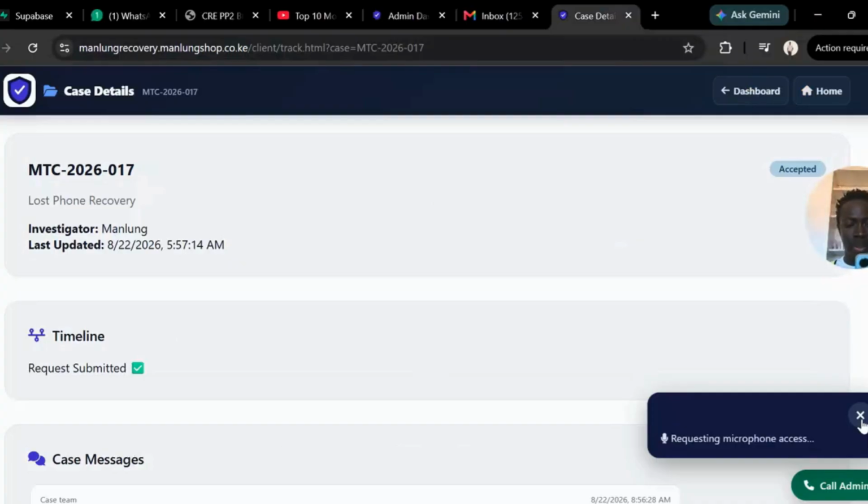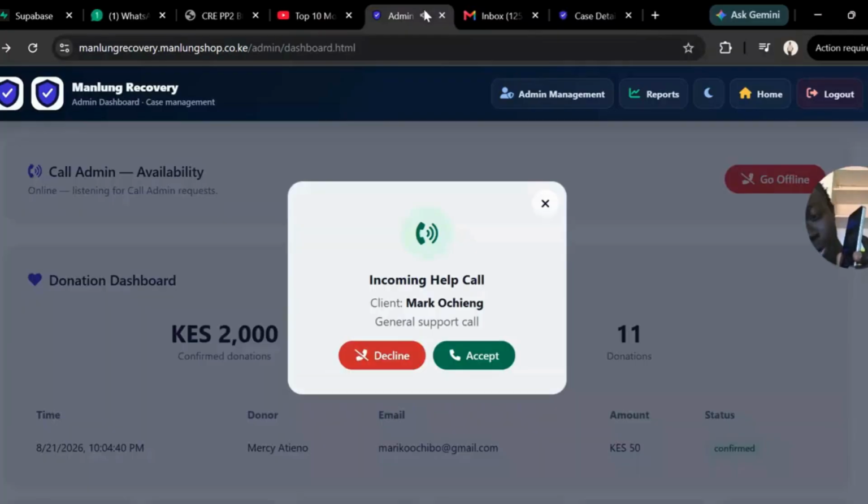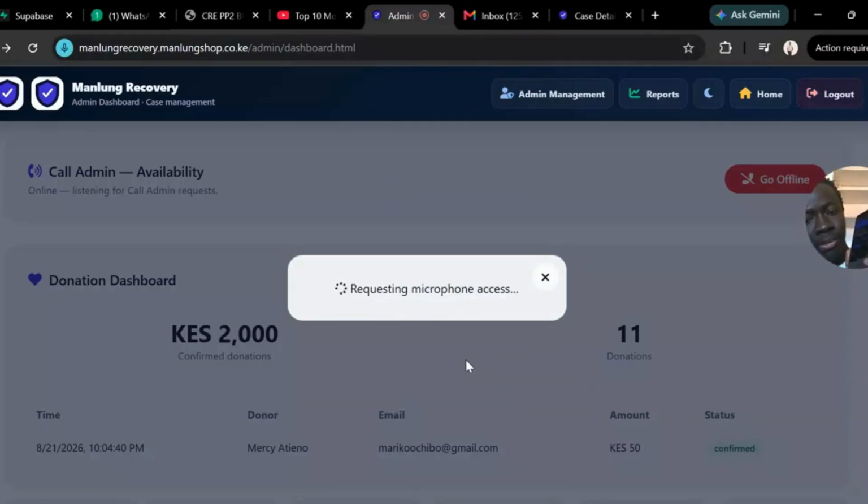Let's try with the phone and call an available admin. I have an app for Manlung Recovery. Just a minute. Once it opens, I simply call the portal and any available admins. Let me say we have a section for 10 admins. This is the call session. Now let me click call. It's checking for available admins, then connecting. You see? So let me say I answer. So once I answer,